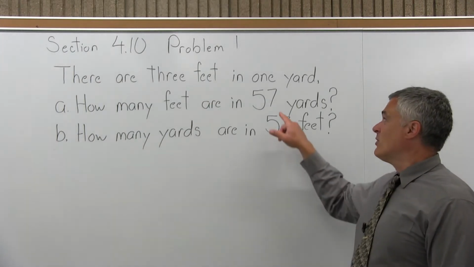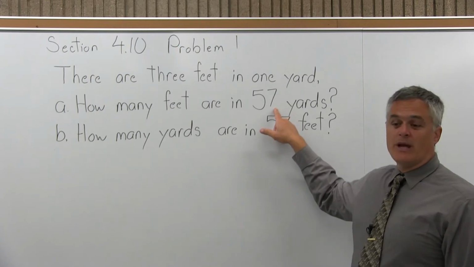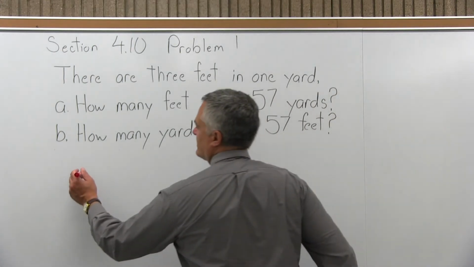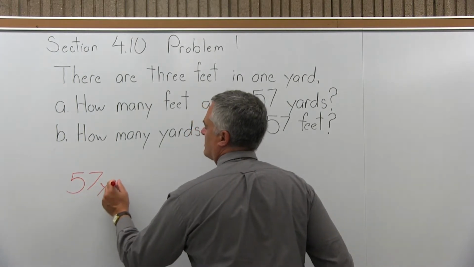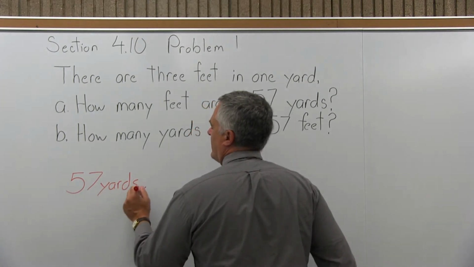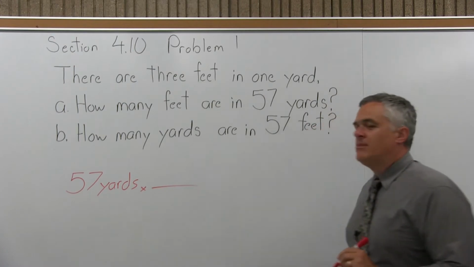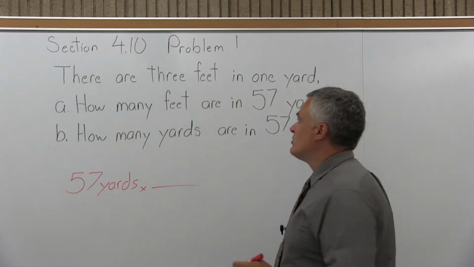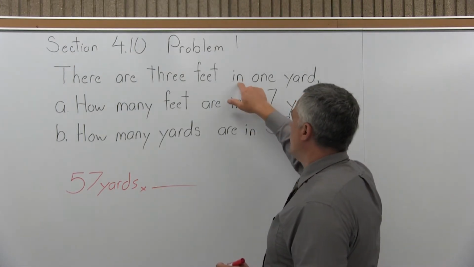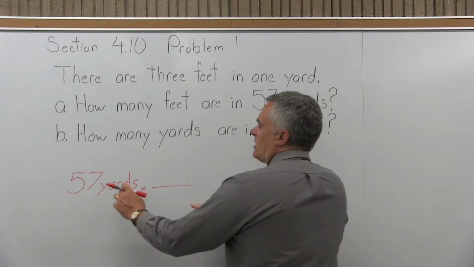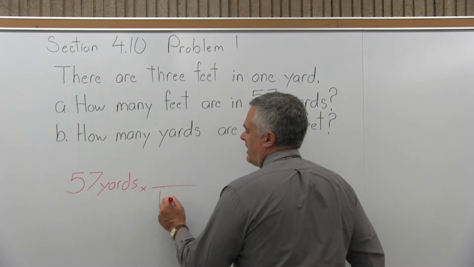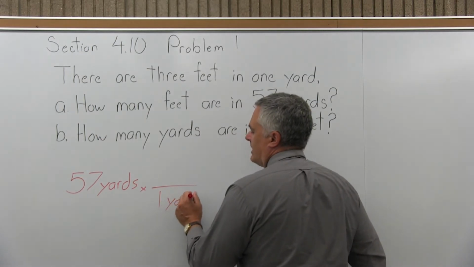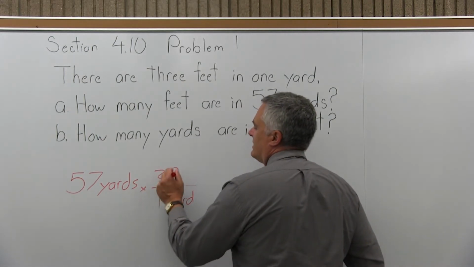So first for A, what we want to do is start with what we have. We have 57 yards. And make sure you put the units of measure in. And we are going to multiply that by essentially a funny looking 1. 3 feet is equal to 1 yard. So because I want the yards to cancel, the yards have to go on the bottom. So I have 1 yard in the denominator, 3 feet